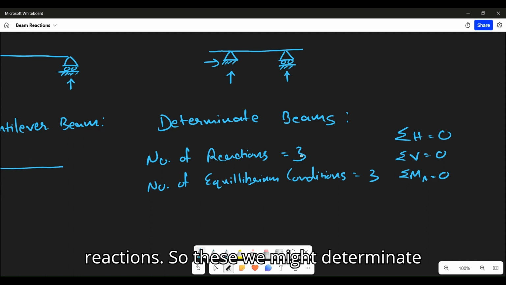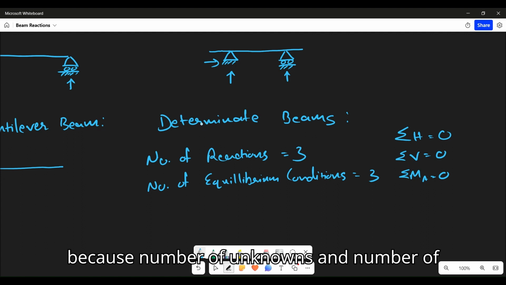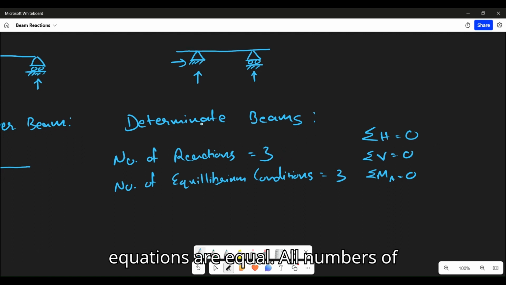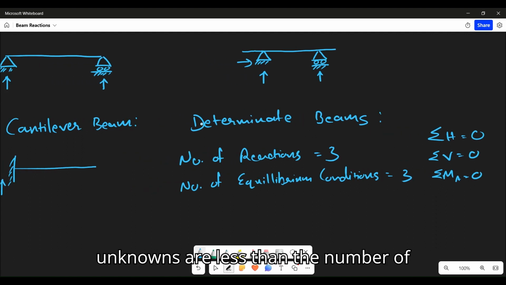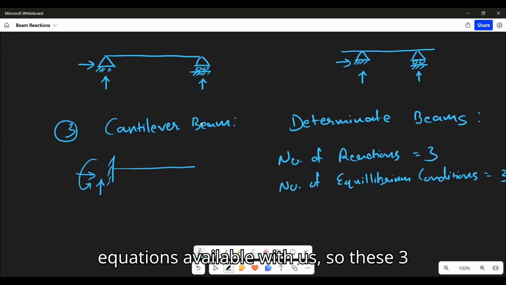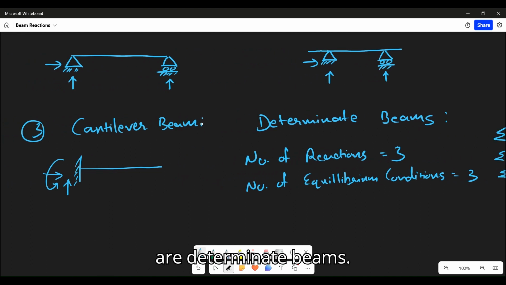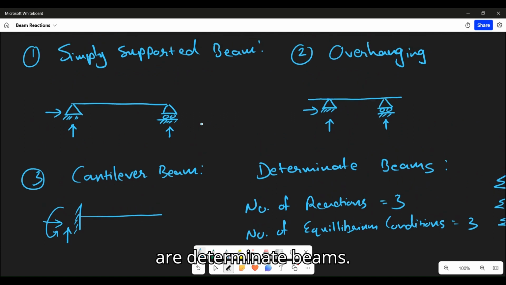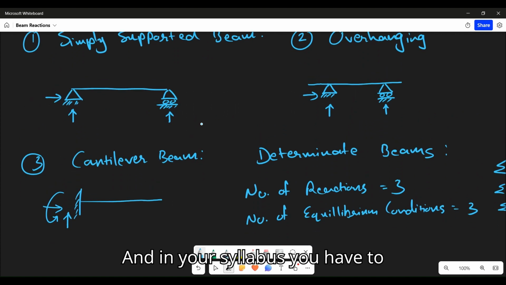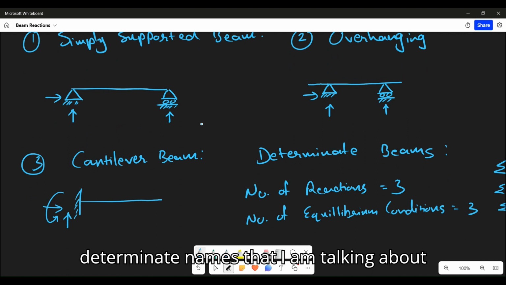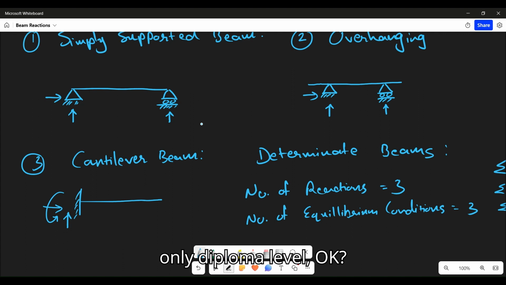These are your reactions. So these are determinate because the number of unknowns and the number of equations are equal. So these three are determinate beams, and in your syllabus you have to calculate examples for only these three determinate beams. I'm talking about only diploma level